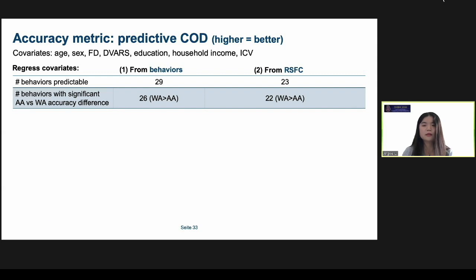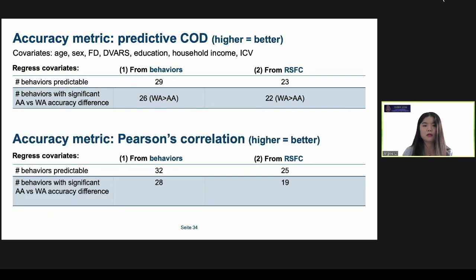Similarly, when the regressors were regressed from functional connectivity, we still found that most behaviors showed significantly higher predictive COD in white Americans than African Americans. When using correlation as the accuracy metric, the predictable behaviors were roughly the same as using predictive COD, and most of them exhibited significant differences between the 2 groups. What is to be noted is that now we found some behaviors where the correlation accuracy of African Americans is higher than